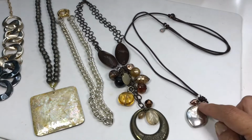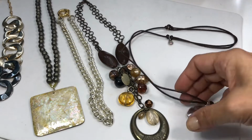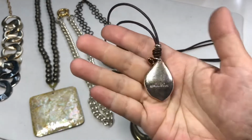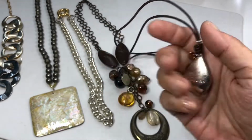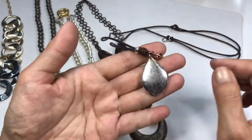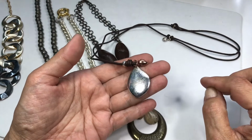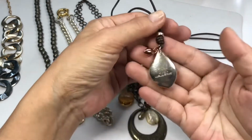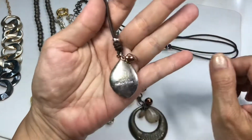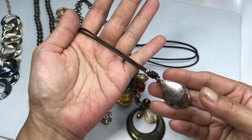And then lastly is this Lia Sophia, really heavy silver tone pendant. Yeah, it's got weight, but look how scratched up it is. It says, oh, this is Stella and Dot. I take that back. And there's even a copper tone, like a puffy, I don't know, pear shape. Stella and Dot. It's on this leather cord, and